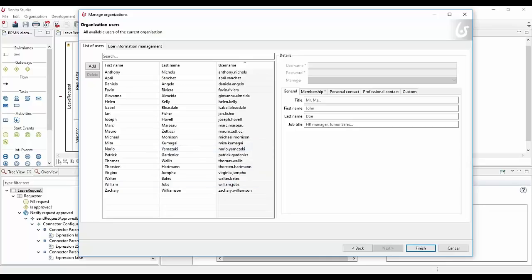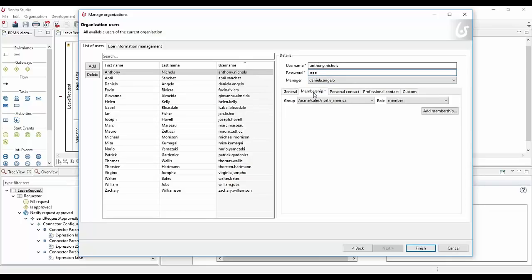So just for the example, we have 24 of them here. For each of them, obviously, you have some information like the username and password. By default, the password is bpm, lowercase. So each person will have this password, and will have the membership.